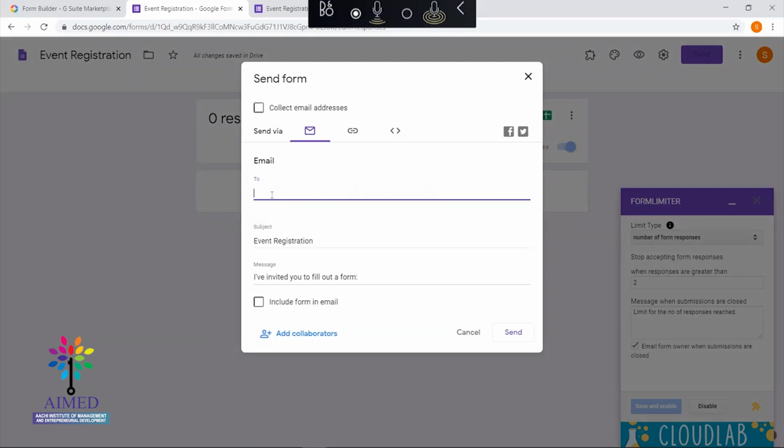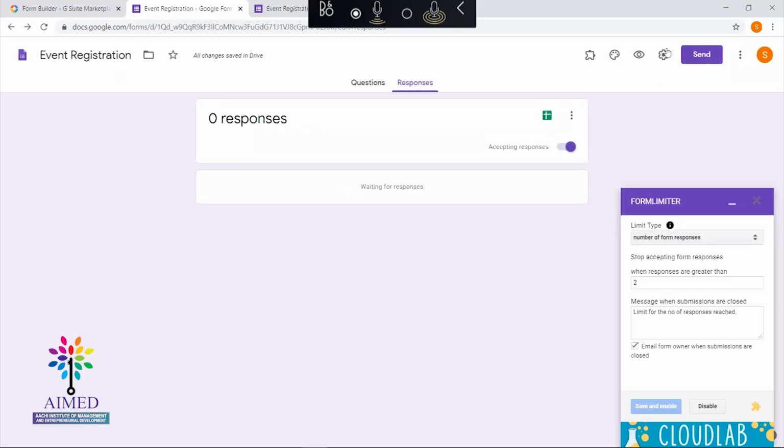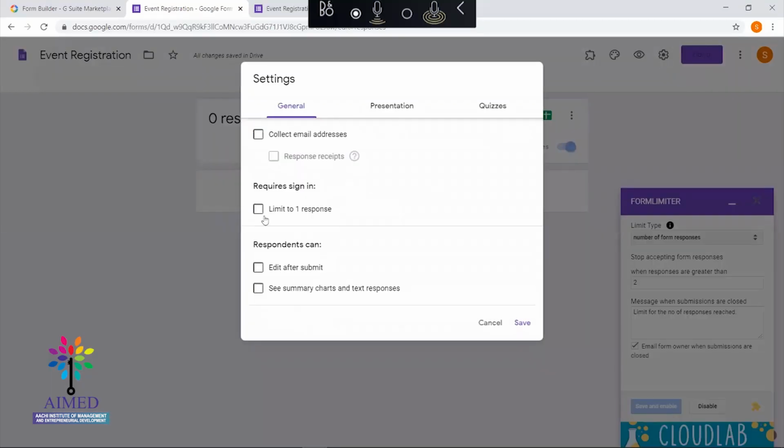As usual, I'm entering the email addresses. See, in settings, I'm not limiting to one response. So from one email ID itself, I can get multiple responses, right? With that, I'm going to show you the demo for this particular form limiter.